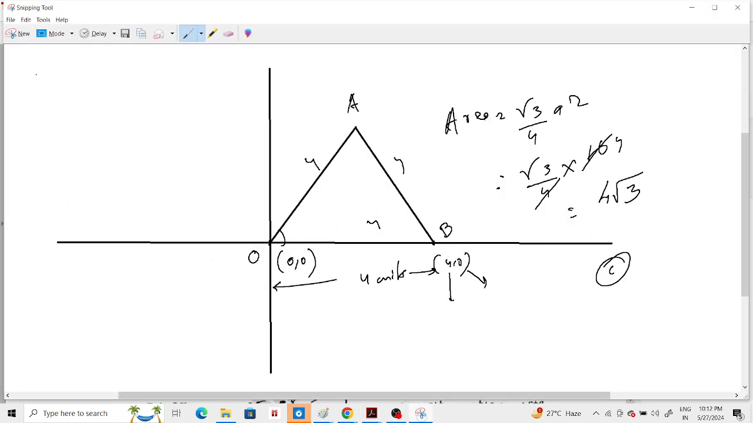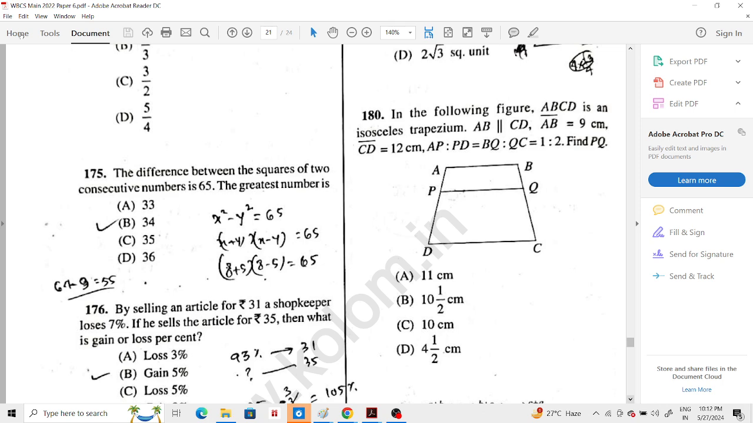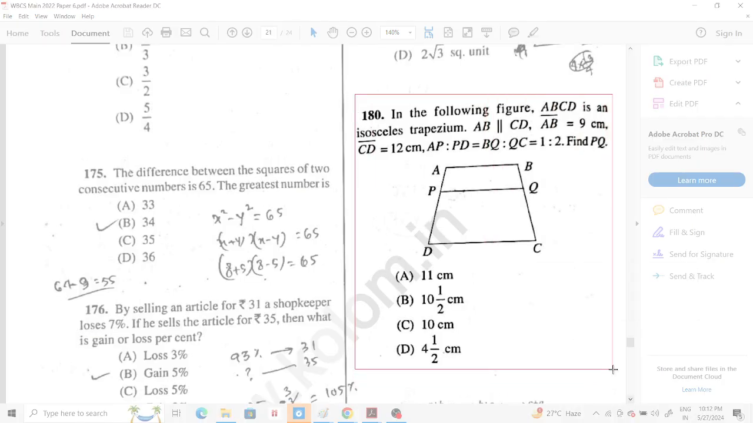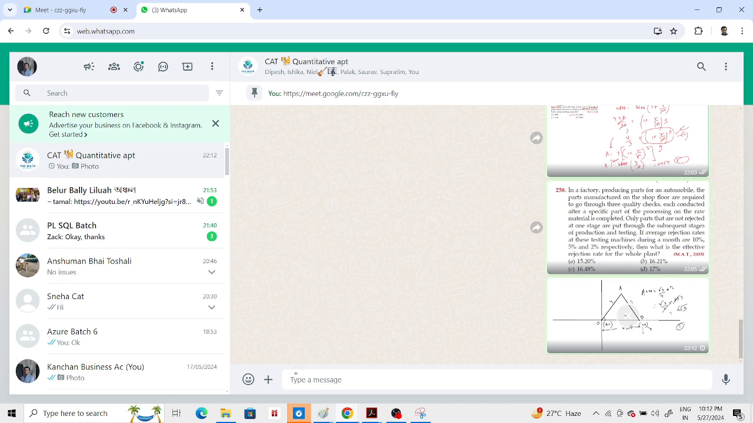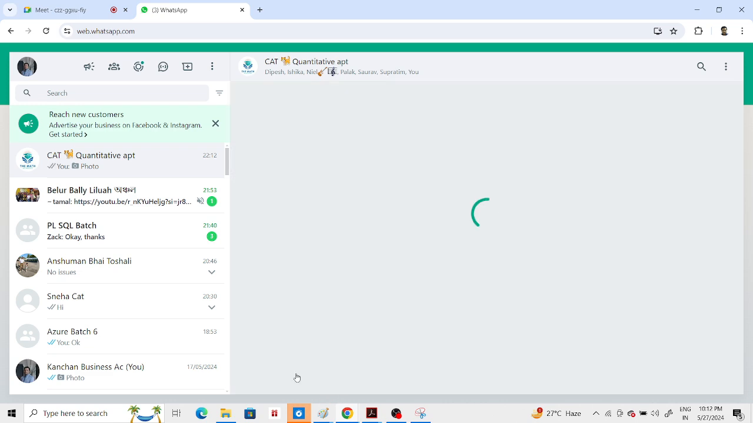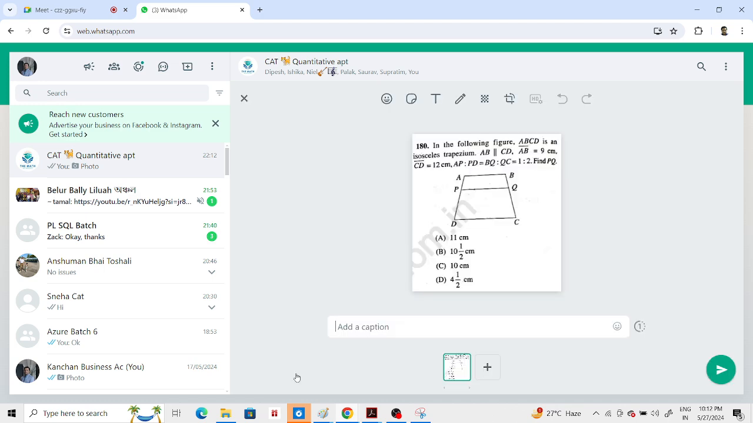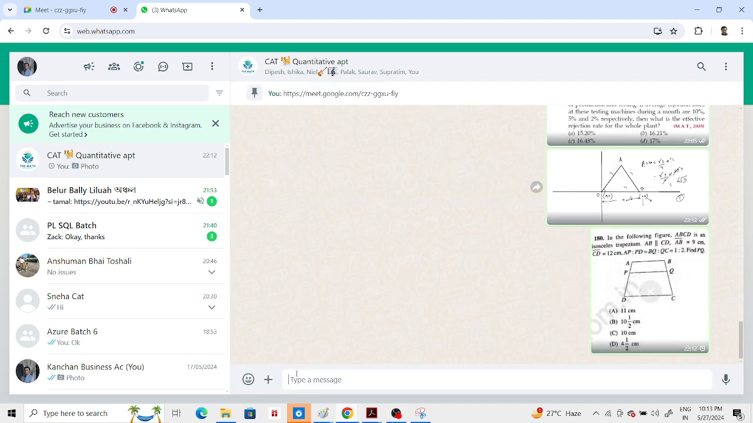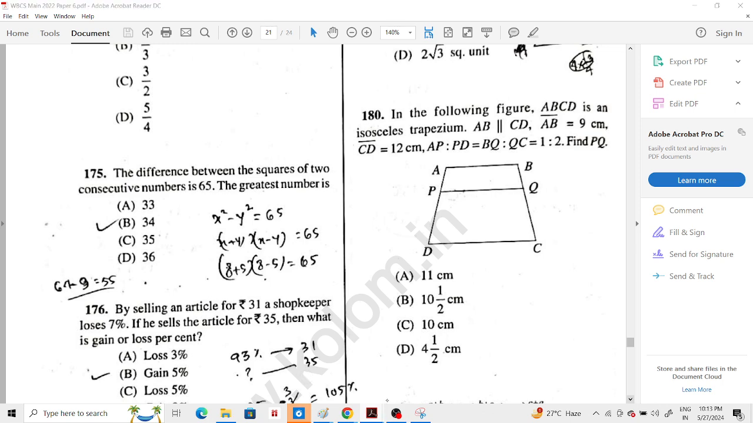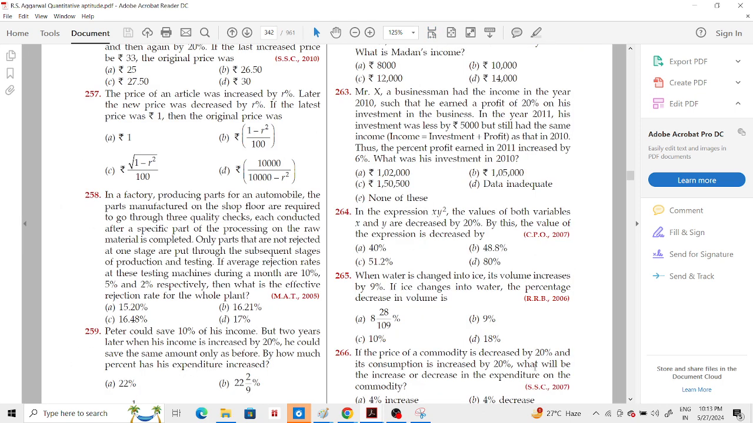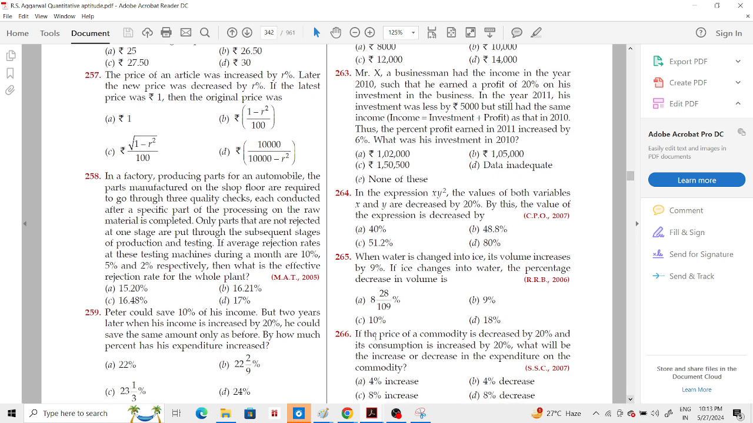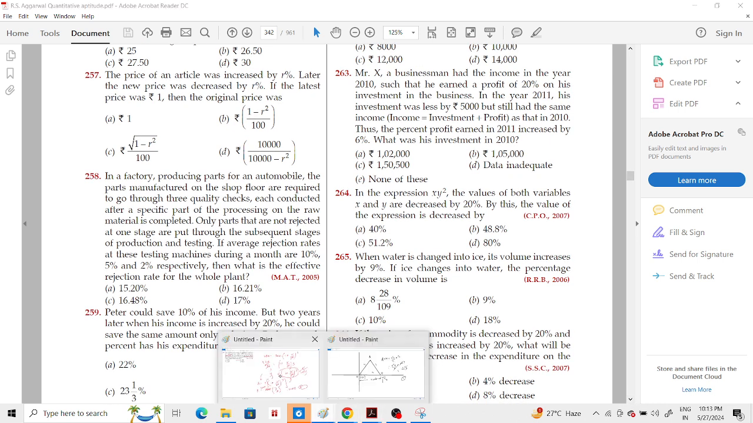ওকে, 180 এ ট্রাই করো। 180। ওকে সো নীলাদ্রি অ্যান্ড ইশিকা, 258।